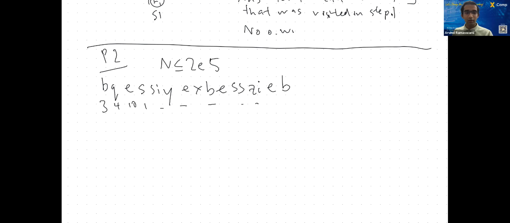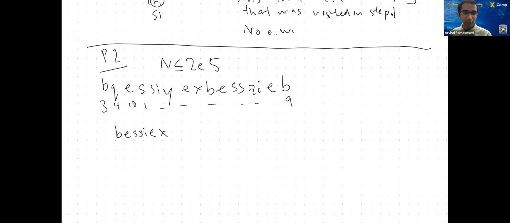And then the goal is to have a string where there are contiguous substrings equal to Bessie. So for example, if I delete some characters, it's possible to get something like this: Bessie X, Bessie